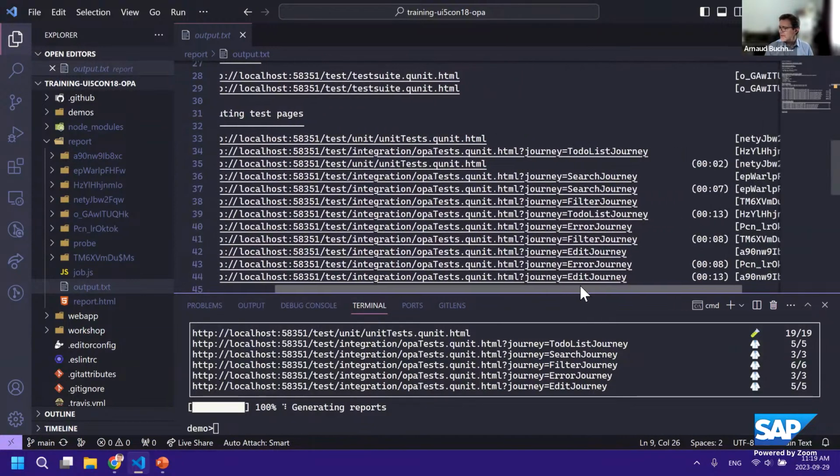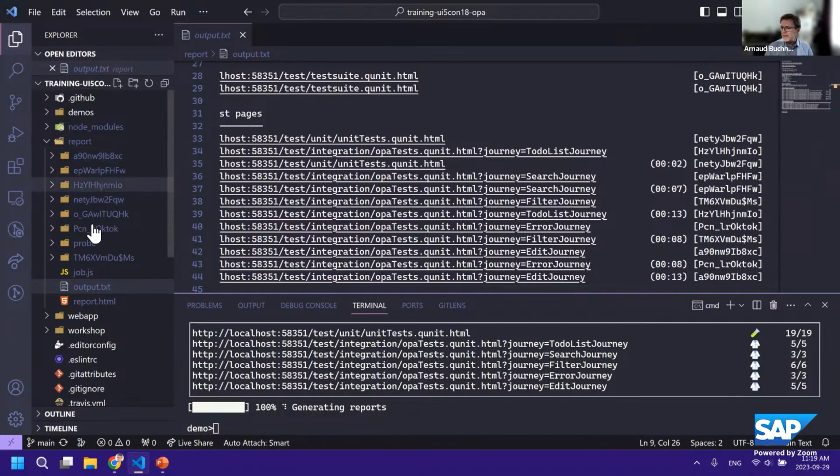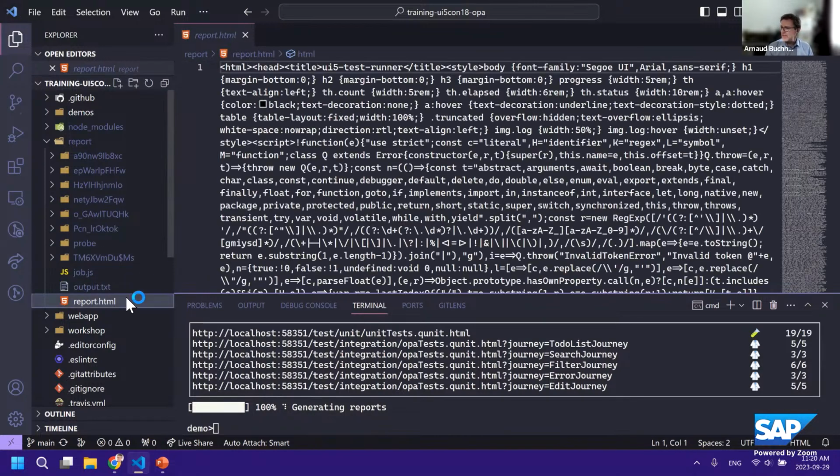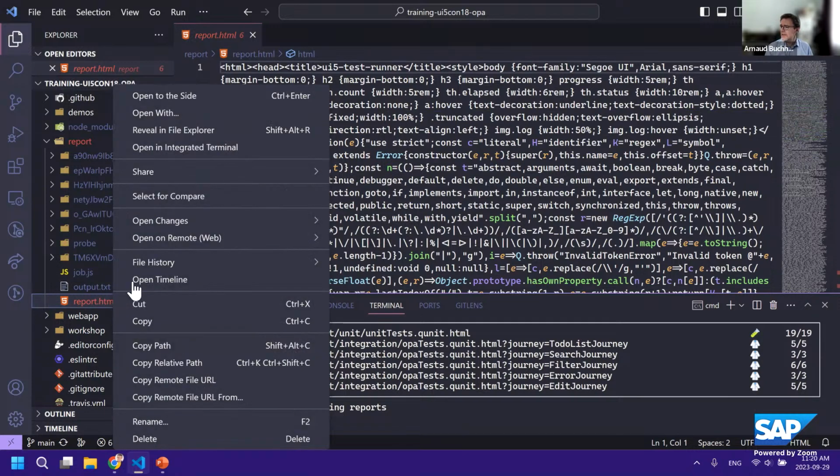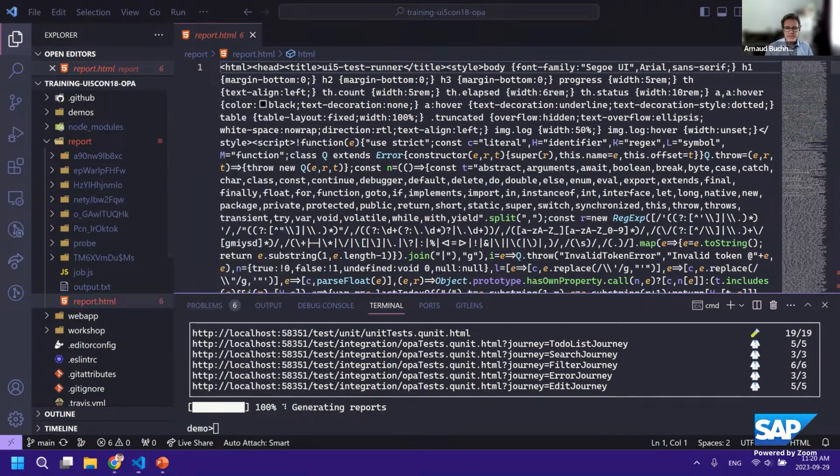I would like you to notice that we have some strange names being generated inside the report folder, and I will explain the reason after. But typically, every test execution, every page execution is associated to one folder. In this folder, you will find lots of useful information that I will explain after, because it was not coming with version 1. This is new to version 3, well, version 2. We have a report.html that is being generated. This report is self-sufficient, which means you can add it as an artifact of your pipeline, so that when you open it,